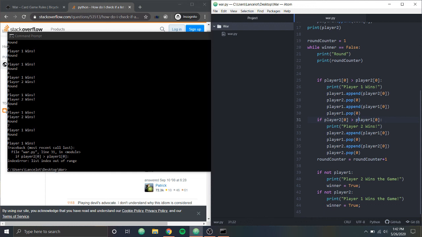Situations like this can be a little bit difficult to debug, and it's also hard to make this happen again when it's random. Okay, the list index is out of range, so it can't even look at the first element of player 2 because player 2's list is empty. We shouldn't be looking at the list. We should be only looking at the list if it had something in it. And so after everything happens, this is where we check for it. And if